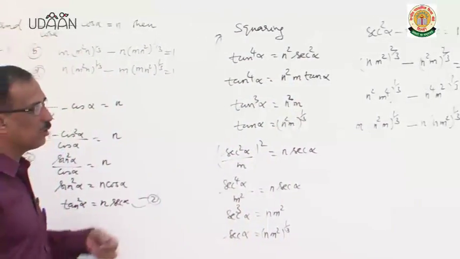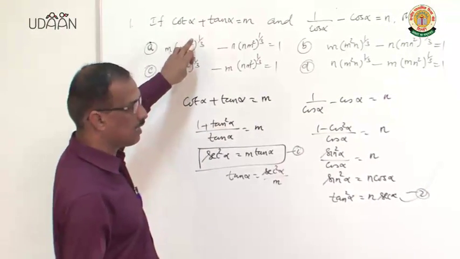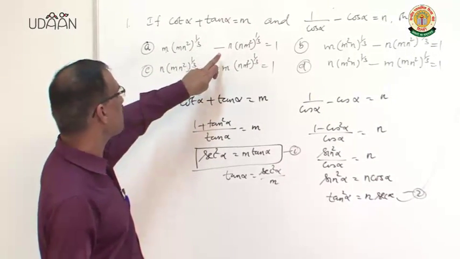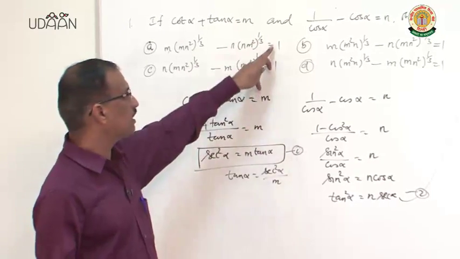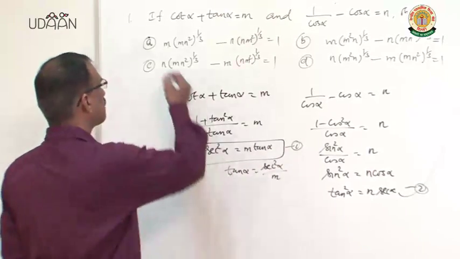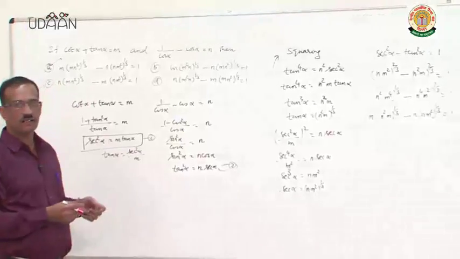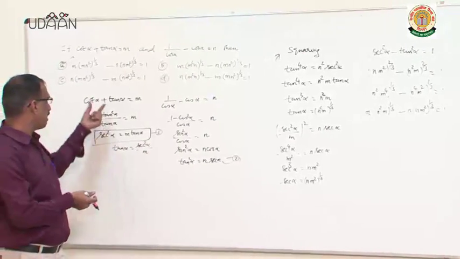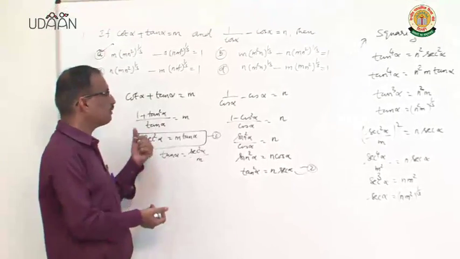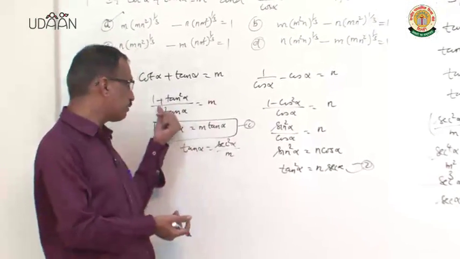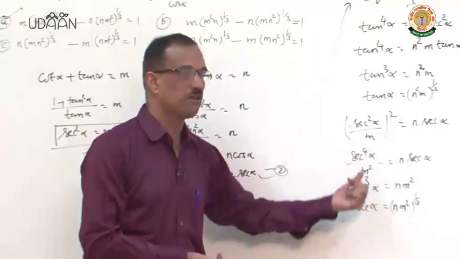Now, check the answer we have here. So, A: m (m n squared)^(1/3) minus n (n m squared)^(1/3) equal to 1. This we have. So, this is the answer for this question. Here what we have done is simple manipulation of one value to another, and we have used the formula sec squared alpha equals 1 plus tan squared alpha, and we have manipulated the simplification of